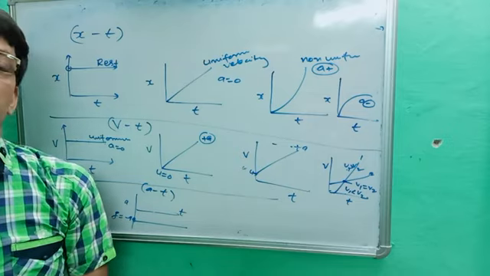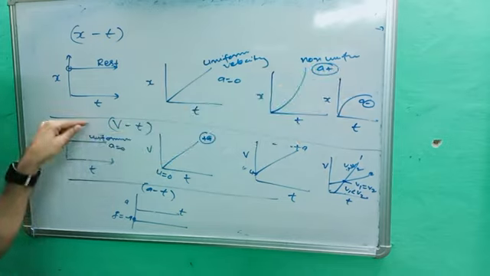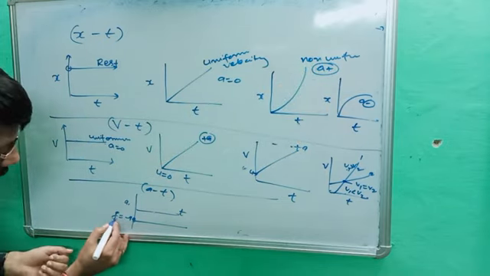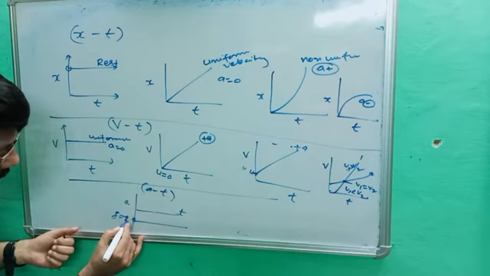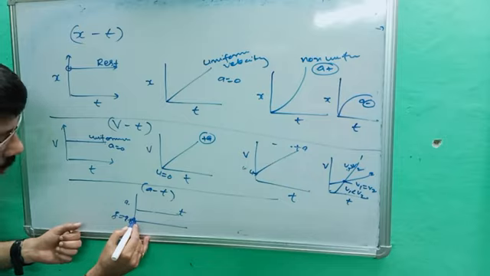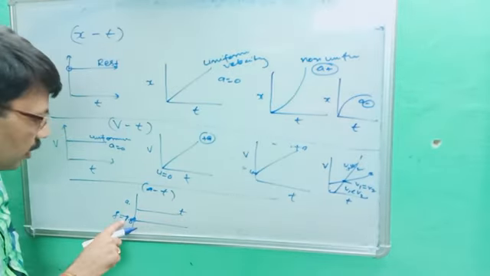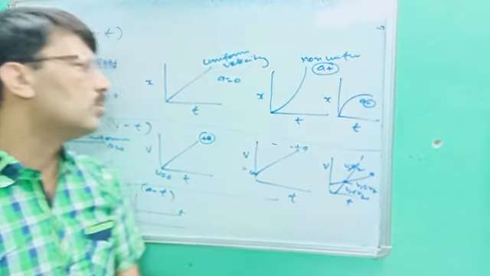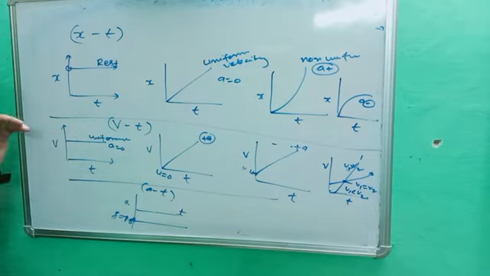Are you getting it? The xt graph is the position-time graph in different manners. This is called the vt graph, and this is called what? The at graph, a and t. Here g is equal to minus 9.8; you had better know the value of g. In the previous lecture I told you it is 9.8 meter per second squared, which remains constant with time. It means time is increasing, but g never changes when the body is free falling. So this is all about your graphical representation for xt, vt and at.